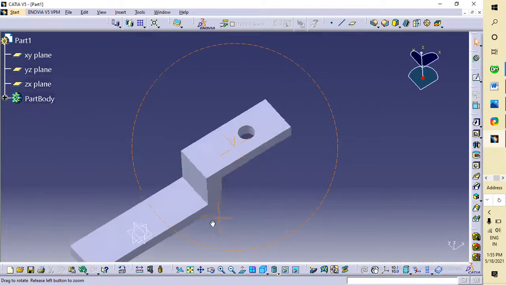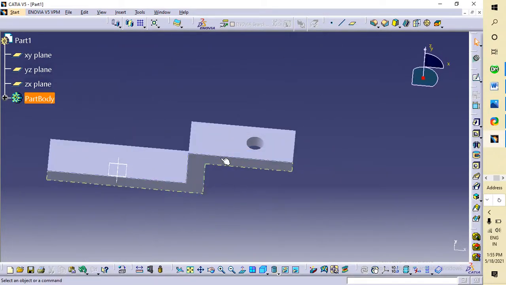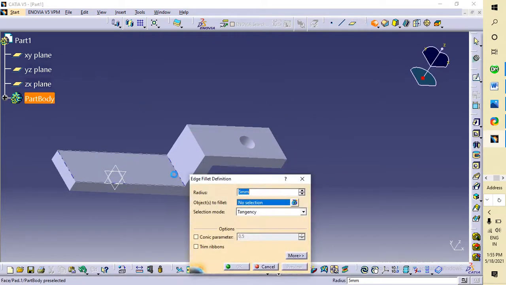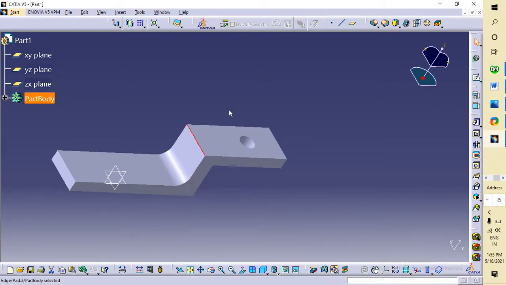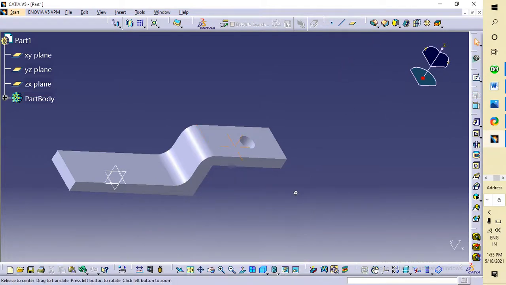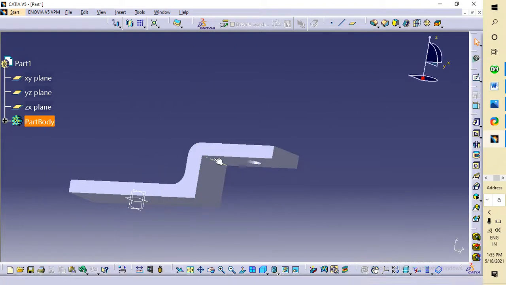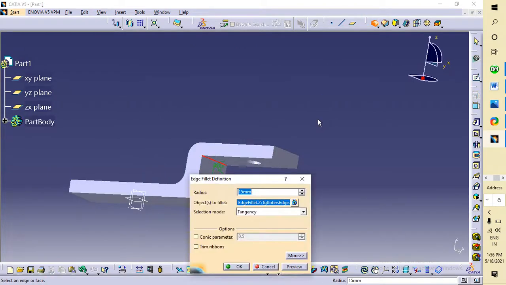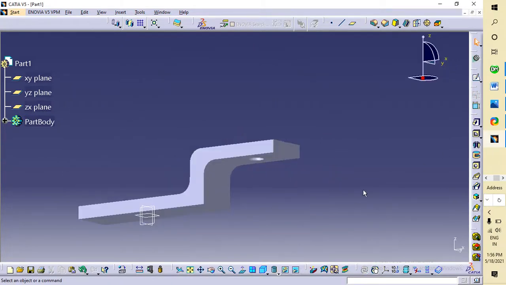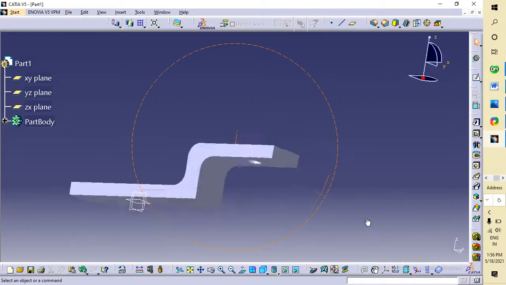Okay, this is your upper part, yoke part. Okay, guys. So now last you have to give this, it is of 15, guys. Okay, it is given, you can see. Okay, this is also 15, and here there is no. Okay, here also. Okay, 15, no problem, guys. Okay, in this way you can make this yoke part.